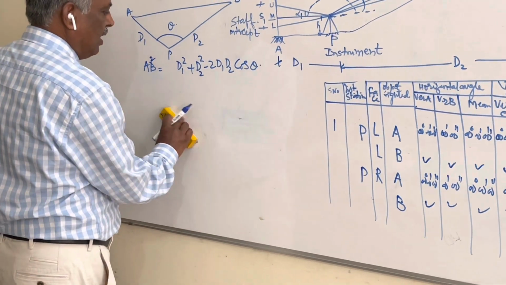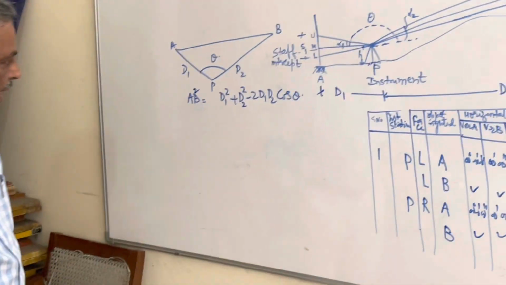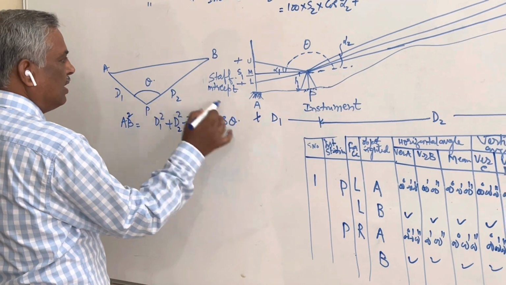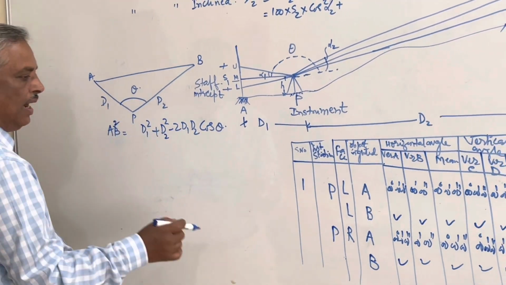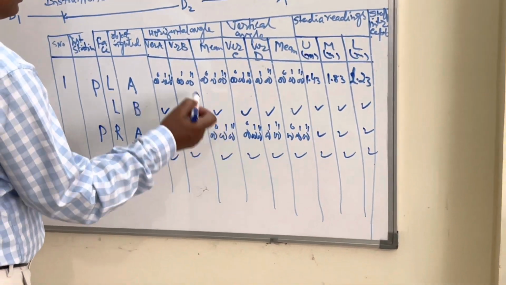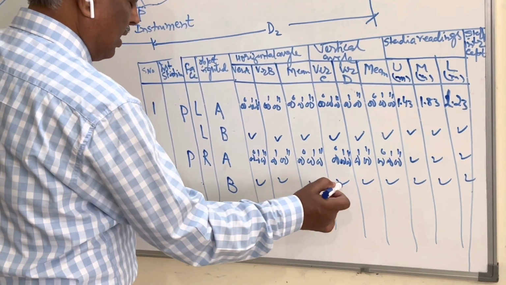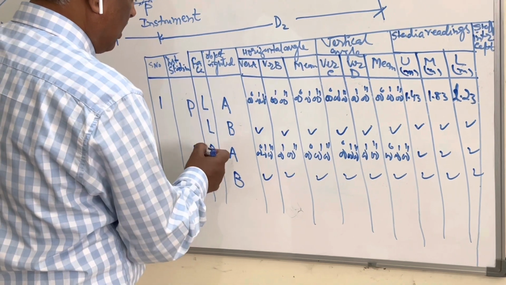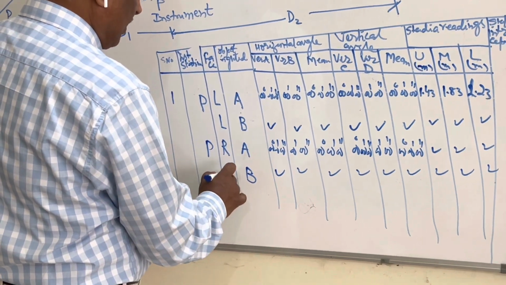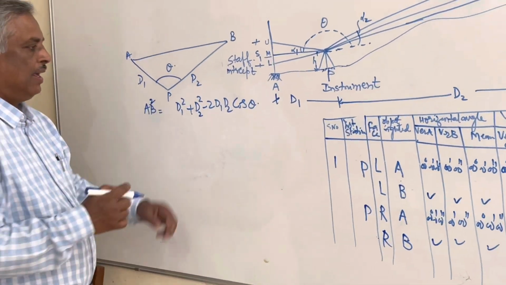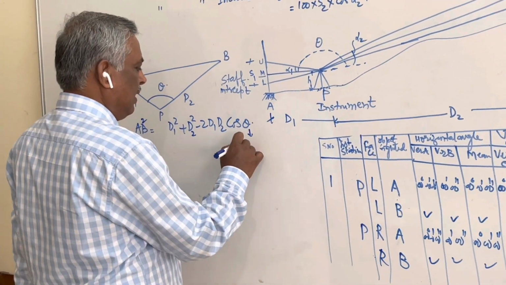So you can find out the horizontal distance AB. This is known, and cos theta we have observed. This is the horizontal angle. This reading you have to take on this. There are two, right face and left face. You take the average of this and then put it here. Theta is the average